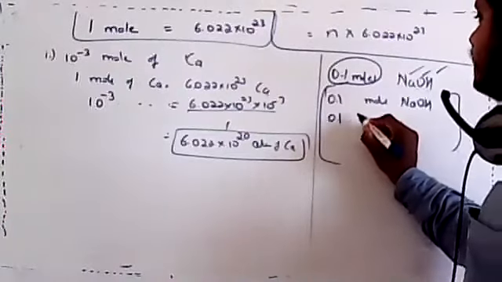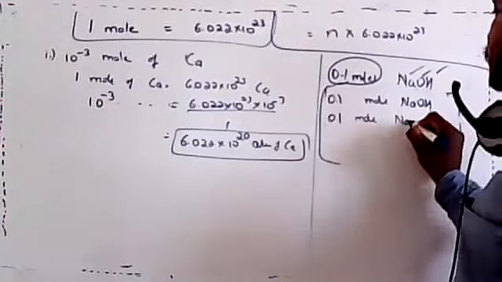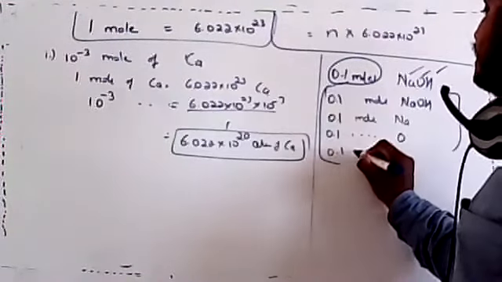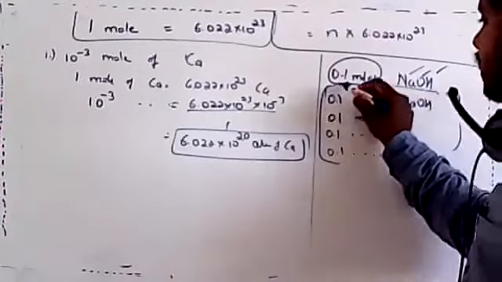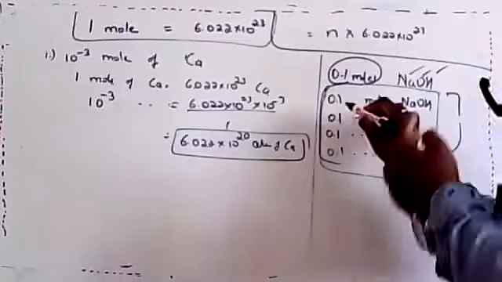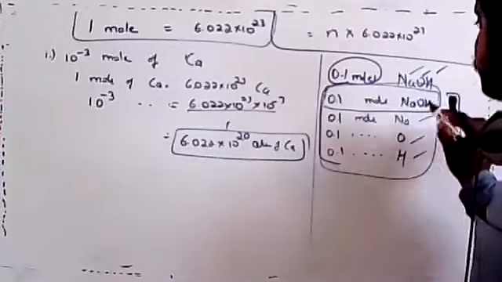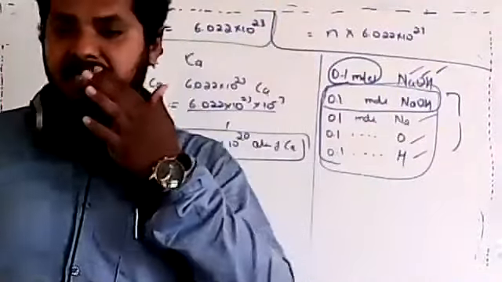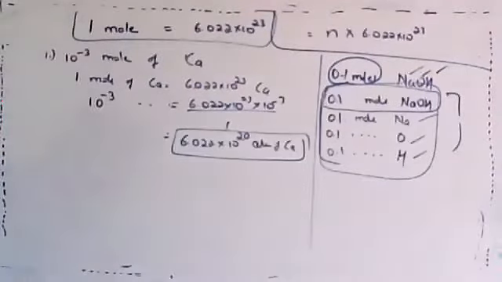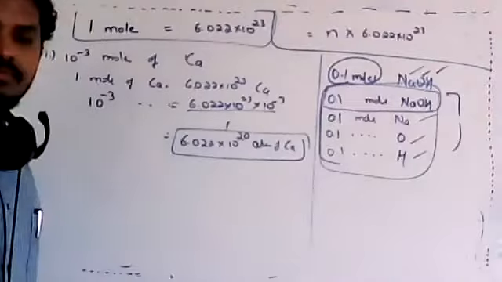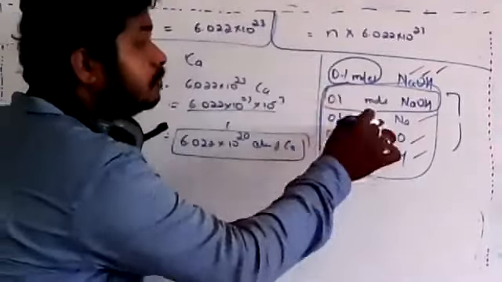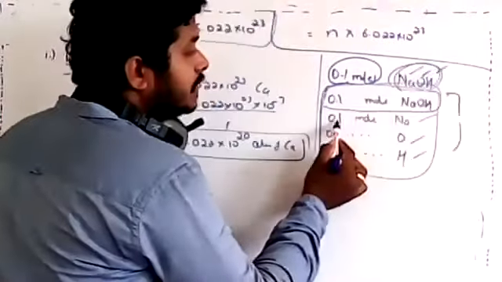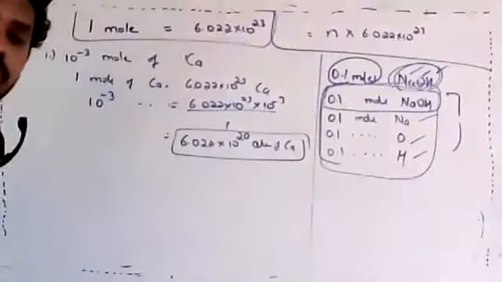For example, it contains 0.1 mole of Na. Similarly, it contains 0.1 mole of oxygen. Similarly, it contains 0.1 mole of hydrogen. This is a very important understanding to know the number of molecules as well as the number of atoms, because in the same question they may ask you to find the number of atoms. So have this basic understanding, then it will be very easy for you. Is that clear? I'm repeating once again: for the given mole of molecule, how many moles of atoms are there? That you should understand first.